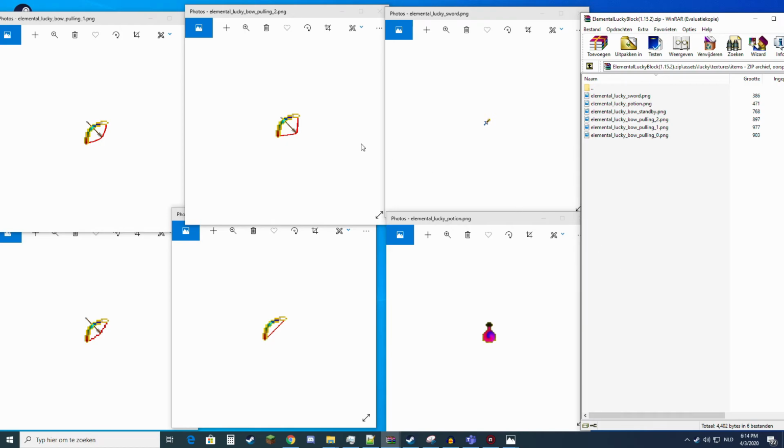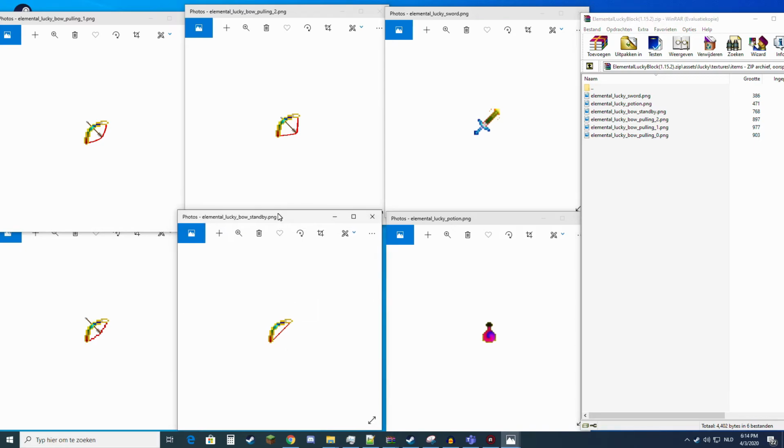Alrighty, we're back. I created some textures. They're not the nicest in the world. I mean, these bows can be better. The potion is meh. The sword is not that great either, but it'll work. We might change that in the future, or I might do that off camera. But yeah, I got my bows here: bow standby, bow pulling 0, 1, 2. And all you want to do is add these into the